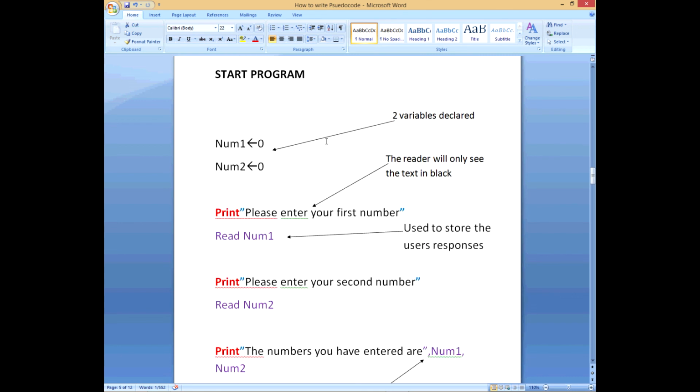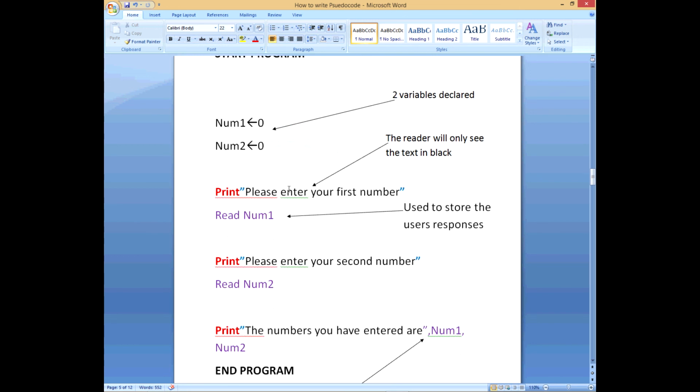Alright? Alright. As the song says, let's break it down. For those of you who still don't get what I'm talking about, you should be aware that start program always starts the pseudocode. Then we have our 2 variables there. Everybody can see our 2 variables being declared. Then we have what the reader will only see, the black text, which is this part of what is there. Then we have what is used to store, and I put them in color so you know them different. The user